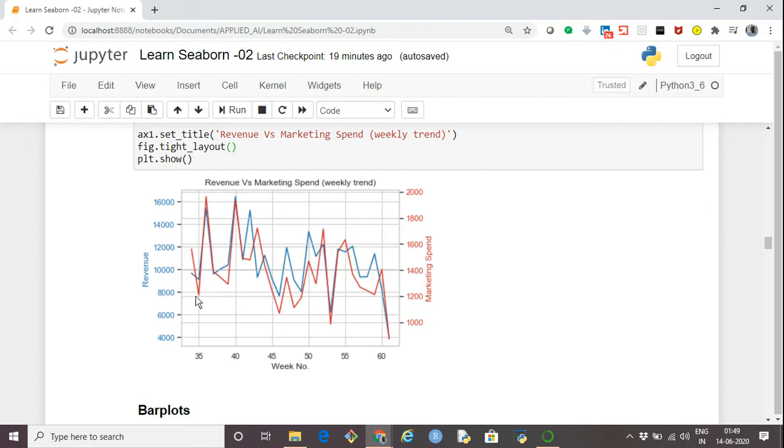More or less, both blue and red follow a similar trend. So yes, the revenue trend was very much influenced by the marketing trend. Let's see how we generate this particular graph.